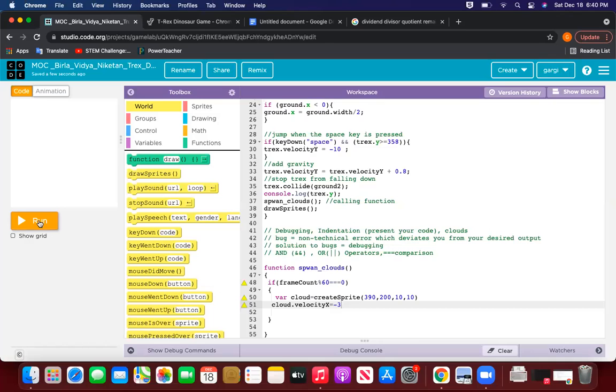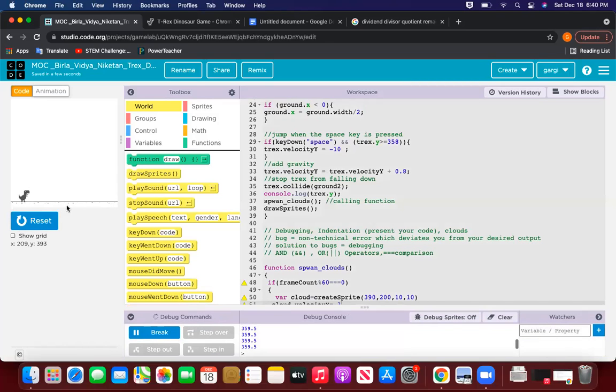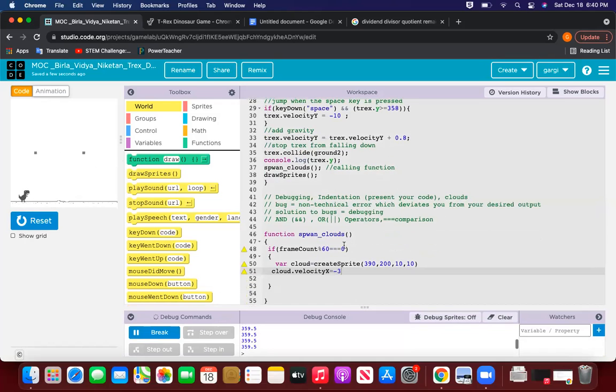Now let's see the output. This is my first sprite at 60 frame count, then with a delay another one, then a delay, a third one, and likewise it is going to happen. So this is how I have created a delay. Now the next job is that they should not be at the same height.